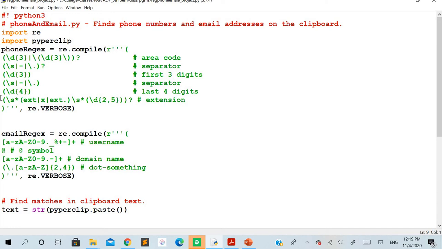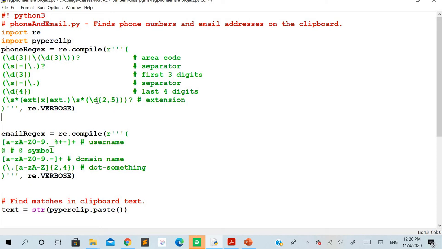The last part is the four digits, and following those four digits, sometimes you might have the extension, which is defined with this pattern here. I already told you why verbose is required here. Regarding this extension, it is defined as zero or more occurrences of spaces, followed by one of these values, either ext, x or ext., followed by zero or more occurrences of spaces, and followed by digits in the range 2 to 5.